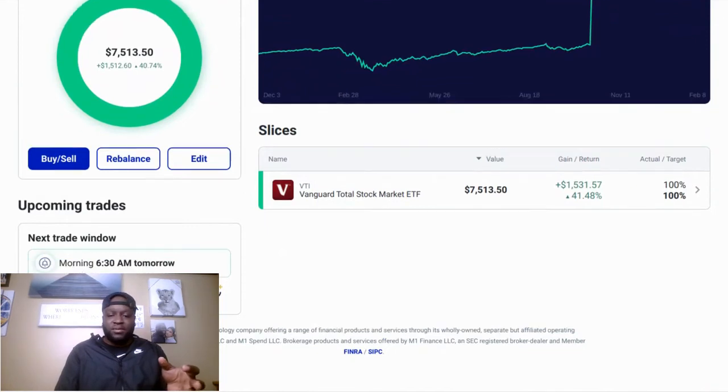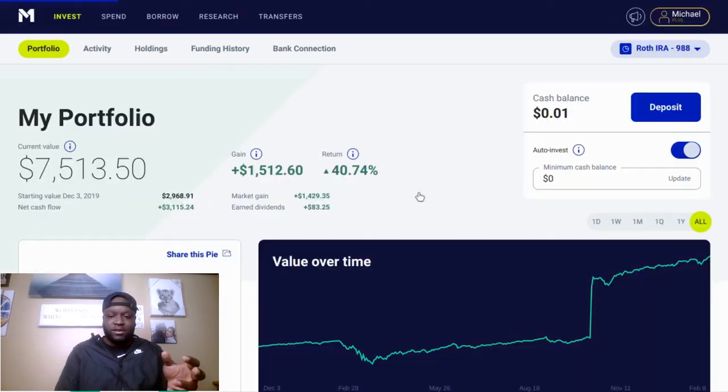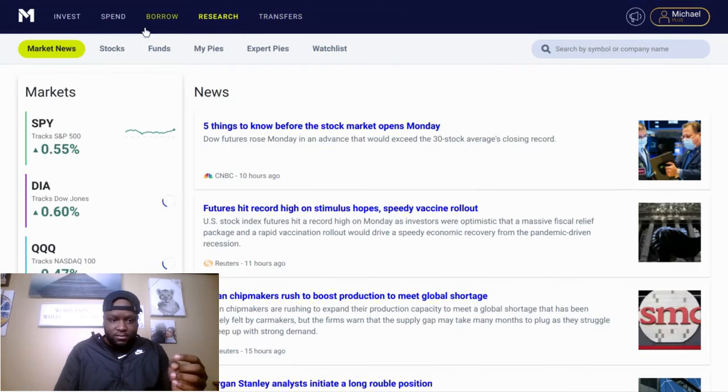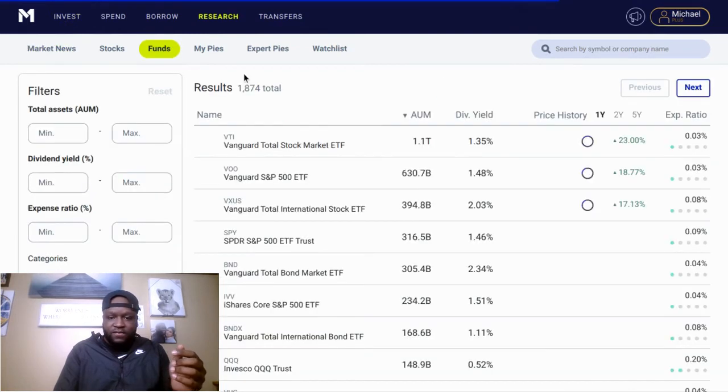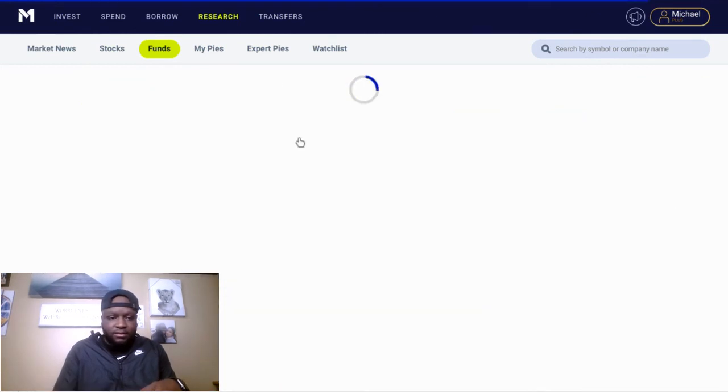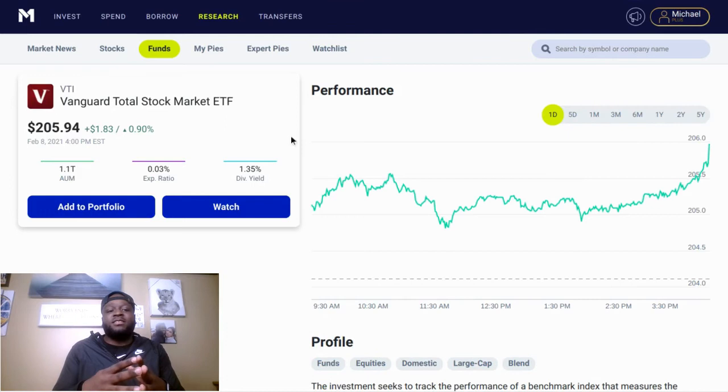And I believe the share price, I don't know if I'll be able to see it from here. I won't. So I'll have to go to research to show you. I have to go to funds and then VTI right here. So as you can see, it's $205.94 a share to be invested into this, but you get that great diversity,